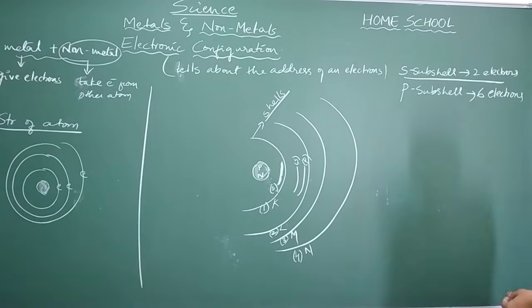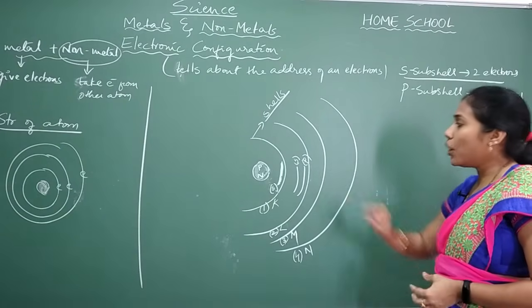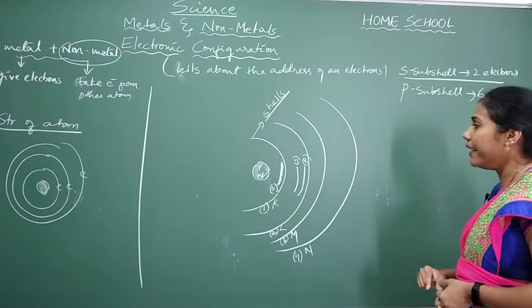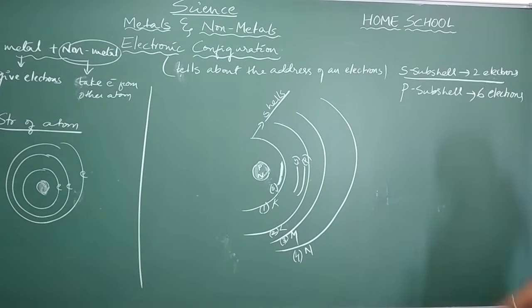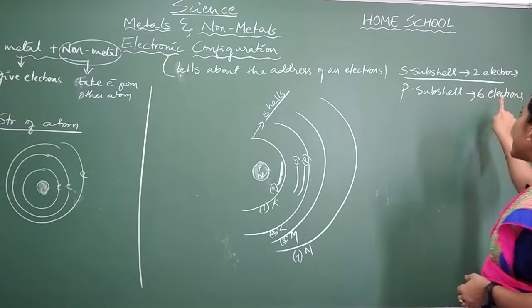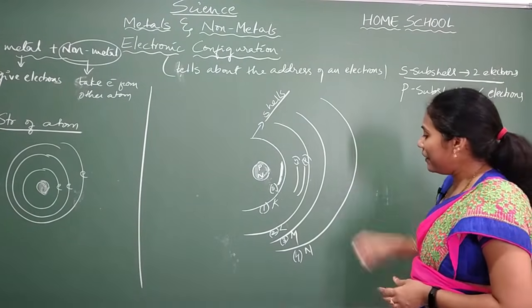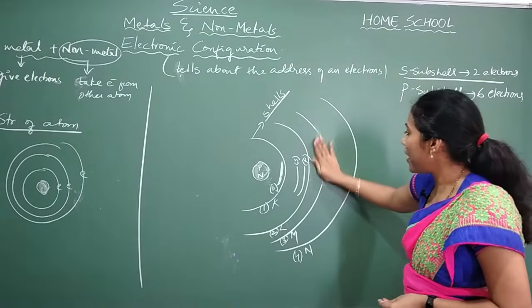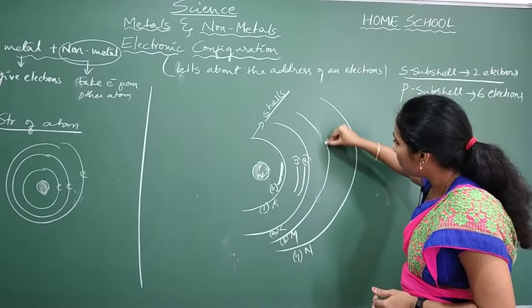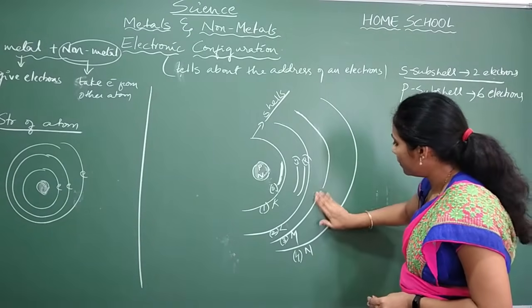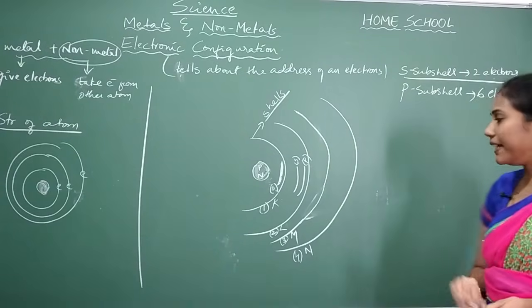So in the second taluk, you can have two colonies. One is S colony, the other one is P colony. S colony's capacity is always 2. P colony's capacity is 6 electrons. Okay, fine. And coming to the M shell. Okay, M shell. A little bigger one I'll draw. Yeah, M shell. Okay, that is the next.